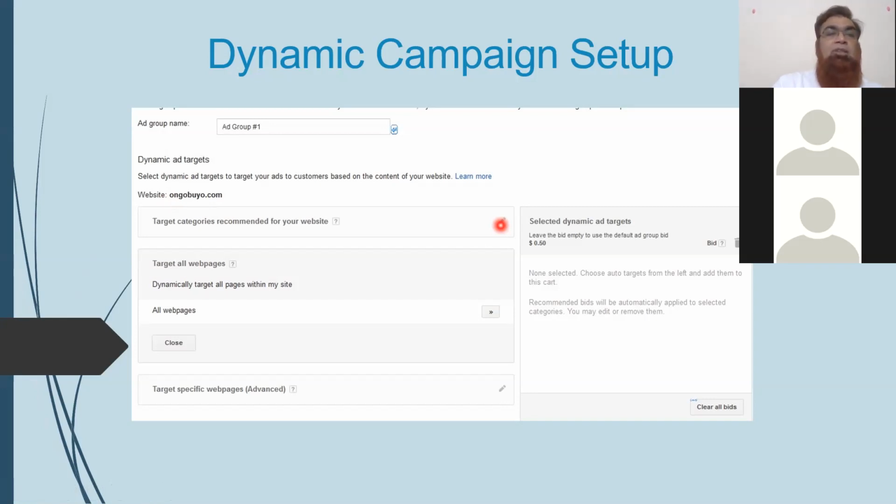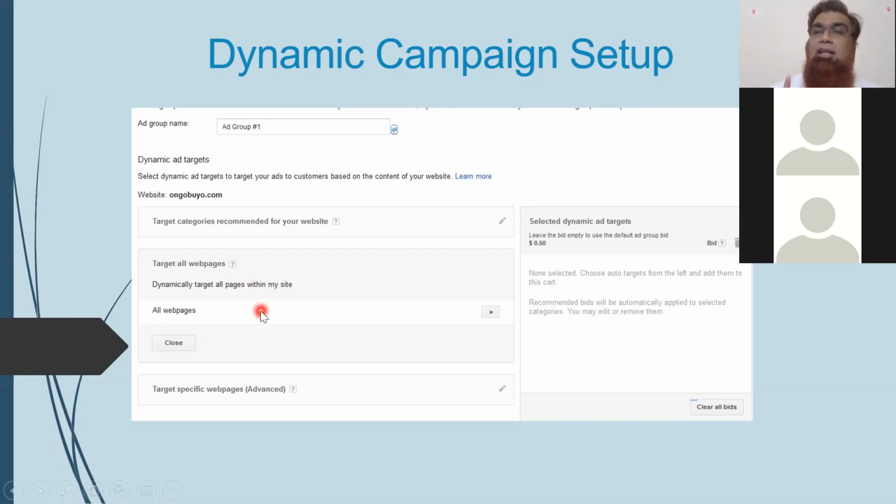Now it asks whether to dynamically target all pages within my site. You will put keywords related to that particular landing page available on your website. Google will dynamically create the ad and then publish it. All you have to do is put your main domain name, abc.com or abc.in or .org, whatever you have, and then keep it as all web pages.